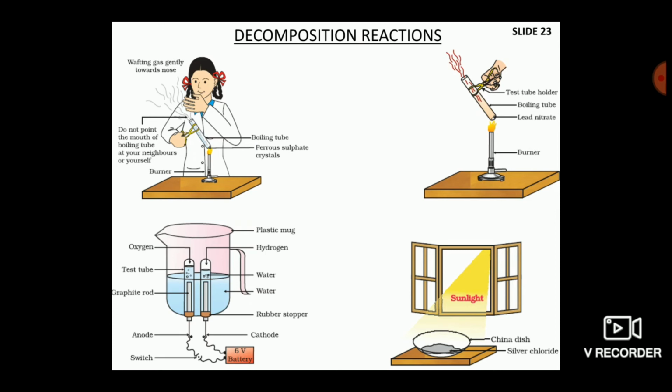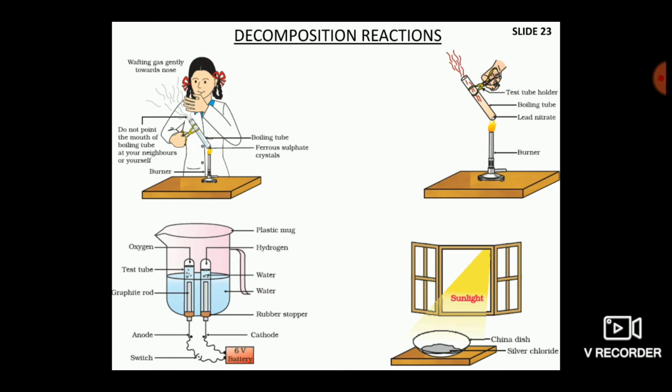The gases collected in both the test tubes are tested one by one by bringing a burning candle close to the mouth of the test tubes. When a lit candle or matchstick is brought near the mouth of any one of the test tubes and the gas burns with a pop sound, it means that the test tube contains hydrogen gas. When a burning candle is brought close to the mouth of the other test tube and the candle burns more brightly, it means that the test tube contains oxygen gas.